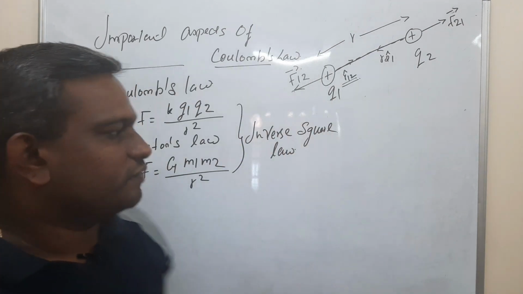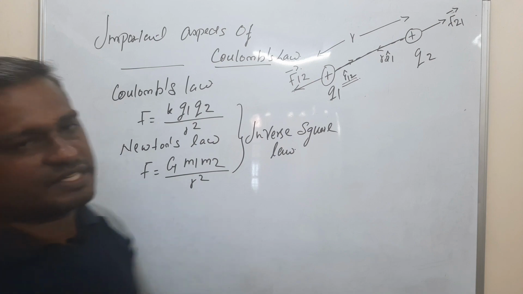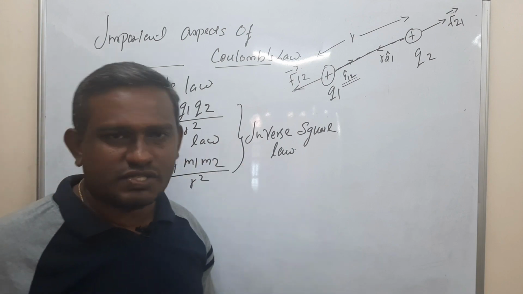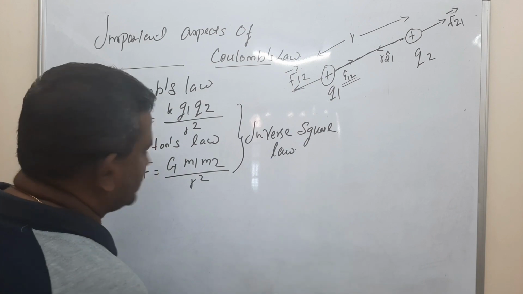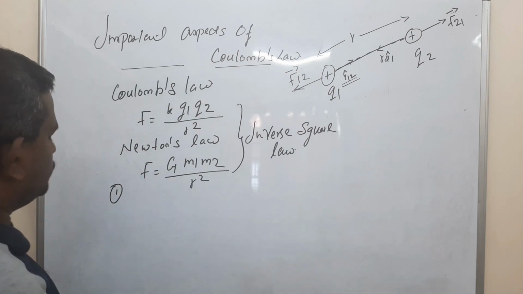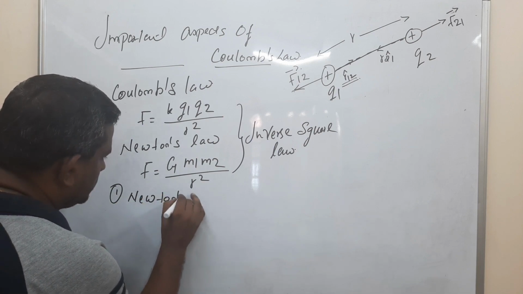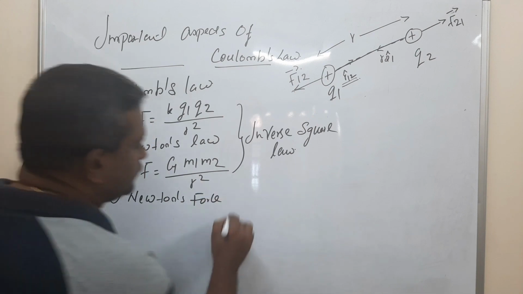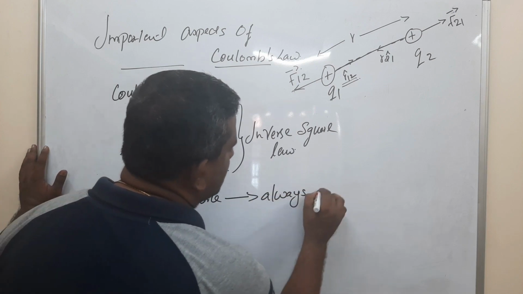Even though these two laws, Coulomb's law and Newton's law, have the same structure and some similarities, they have a lot of differences. So we are going to discuss the differences of these two laws. First point: Newton's force, or gravitational force, is always attractive,